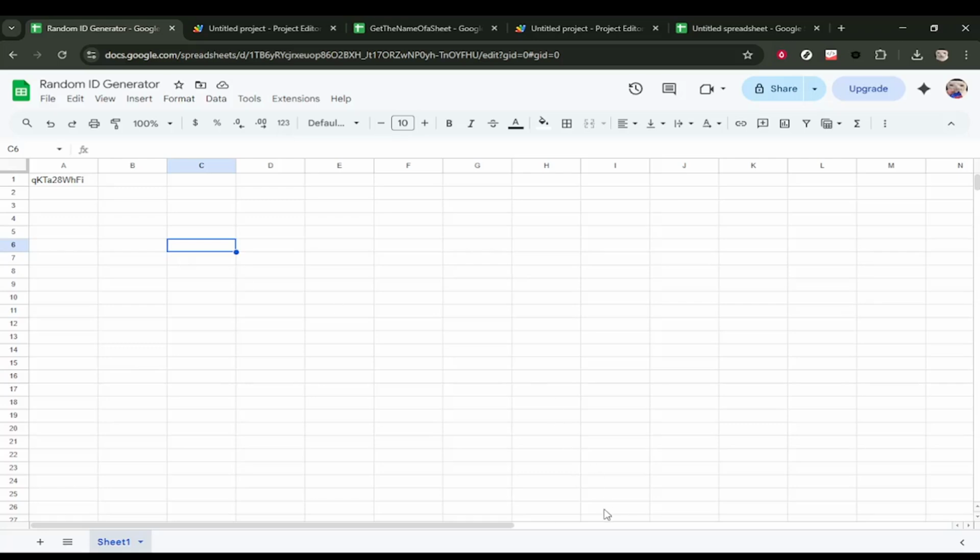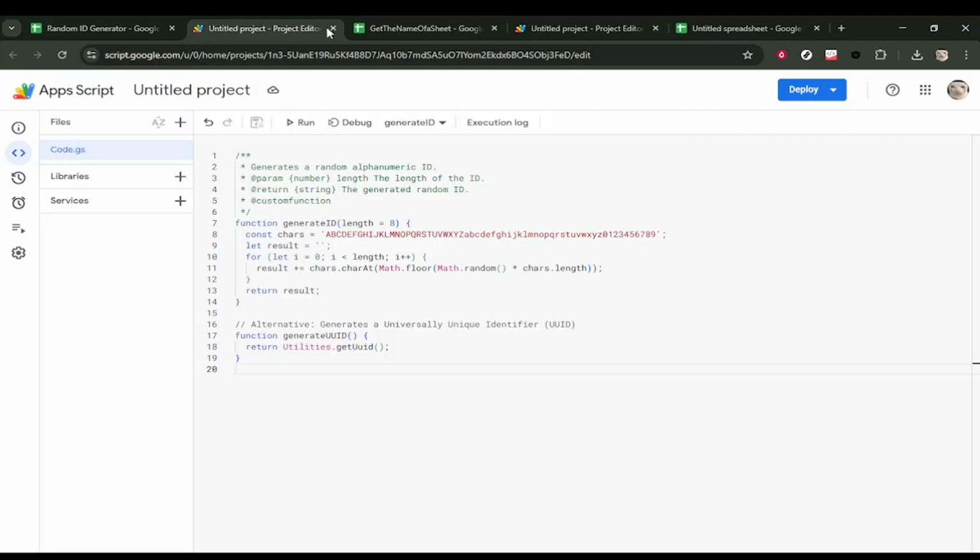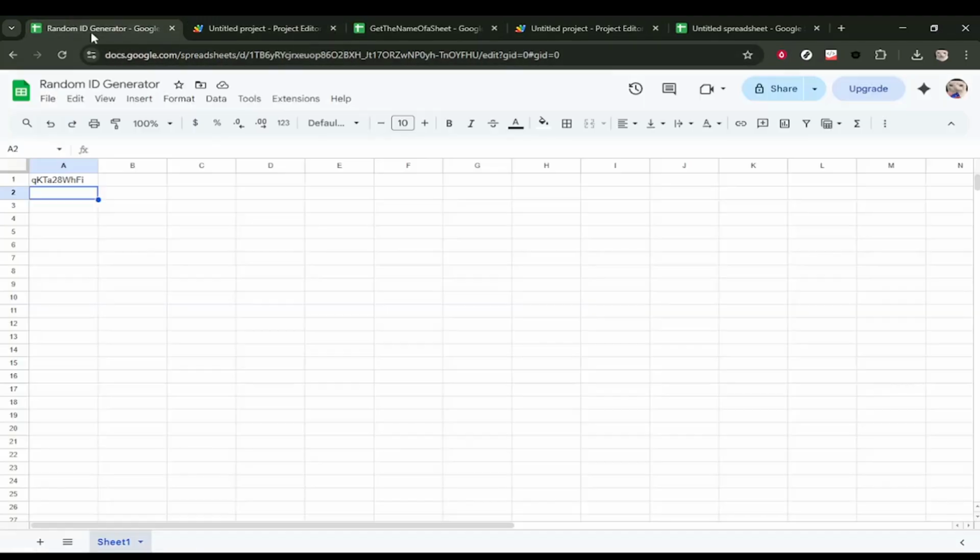In today's video, I am going to teach you how to generate a random ID in Google Sheets AppScript. The goal here is to create a custom function that works like a normal spreadsheet formula. Once it is set up, you can type something like =GENERATEID() in any cell and instantly get a random ID. This is useful for simple record tracking, inventory lists, or any sheet where you need unique-looking identifiers without doing